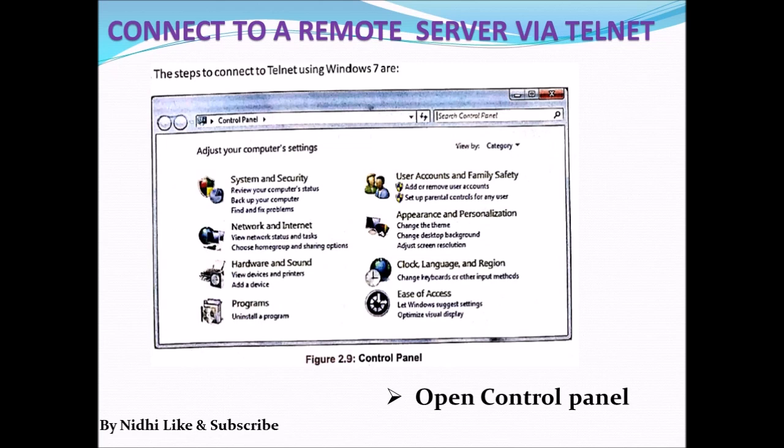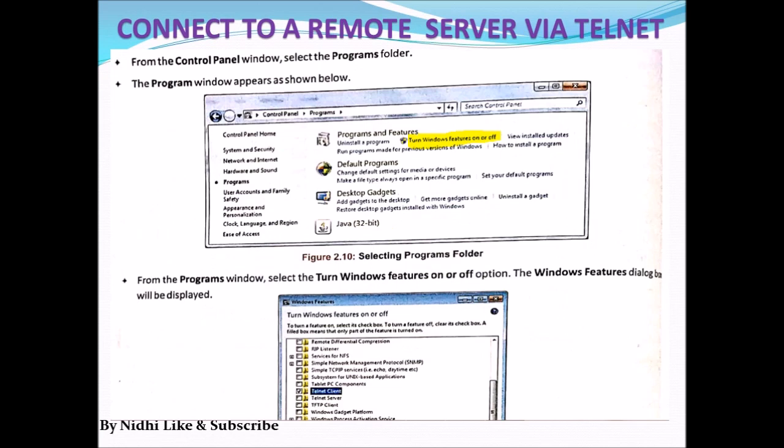So here you can see the image. We are doing remote access on Windows 7. For that, first you have to open the Control Panel. After opening Control Panel, you have to select the Programs folder, and in the Programs folder a window will appear like this. On that window you have to check the option Turn Windows features on or off, that is highlighted with yellow color on the screen.